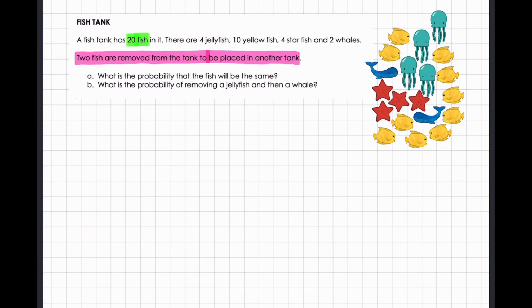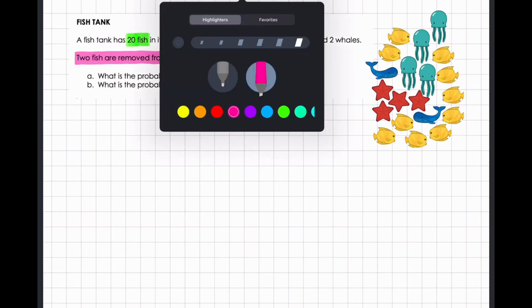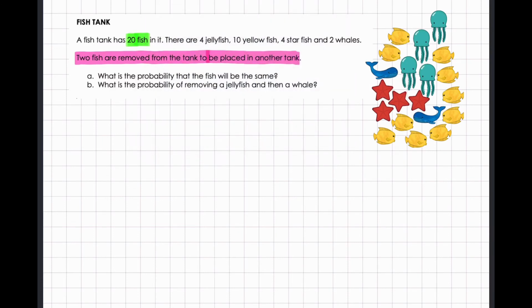What is the probability that the fish will be the same? So 2 fish are being taken out each time, and what is the probability that the 2 fish would be the same? Now, it's not saying which same they need to be. So it's not saying that they both need to be whales, they both need to be starfish, etc. They're saying that they just need to be the same, which means that to work with the same fish,